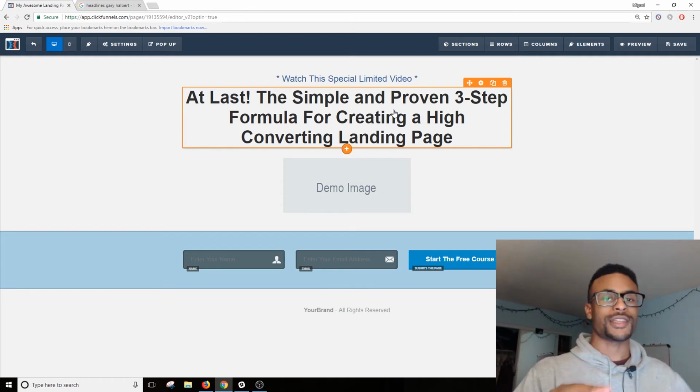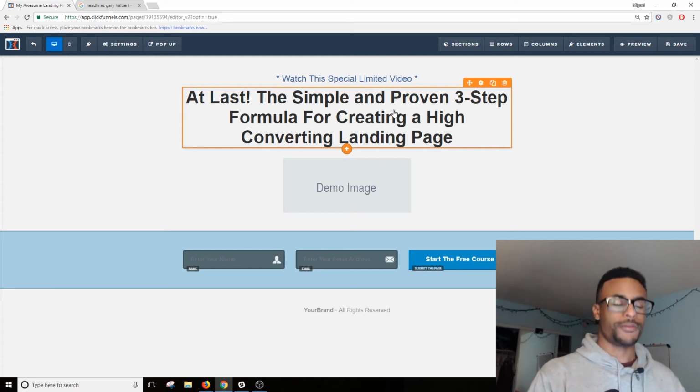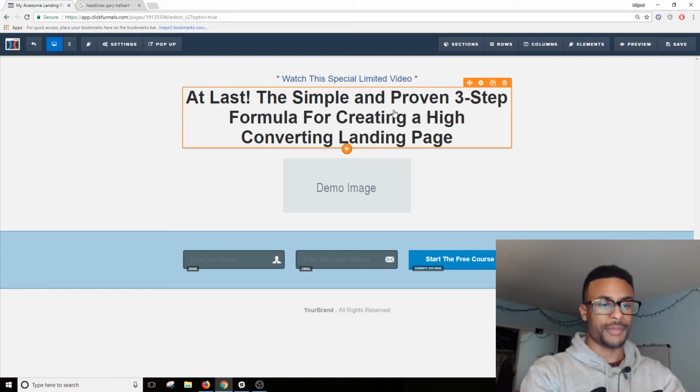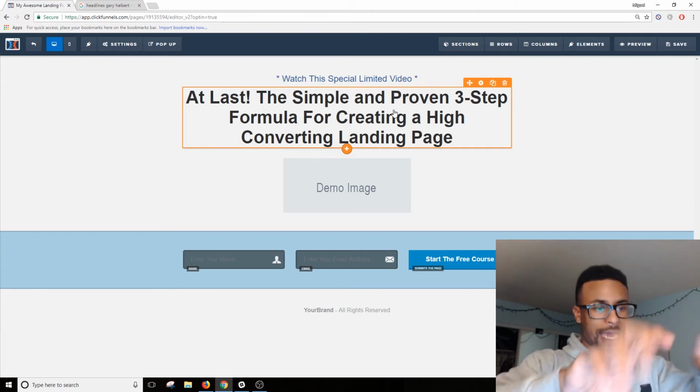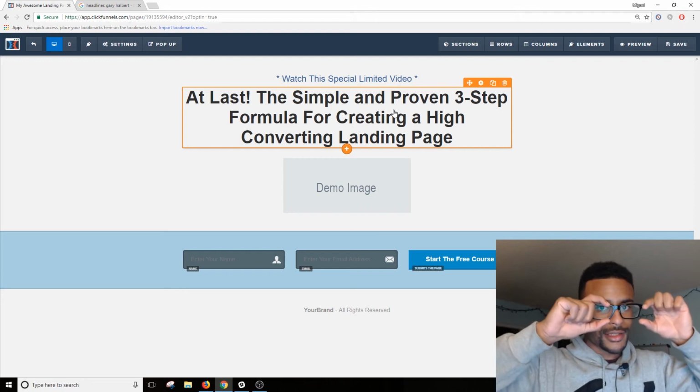3 steps, because now they know it's something small for you to get, and then it tells you the exact benefit, like the actual beneficial thing that you're getting from this lead magnet in particular. All of that wrapped into this tiny bit of text. So